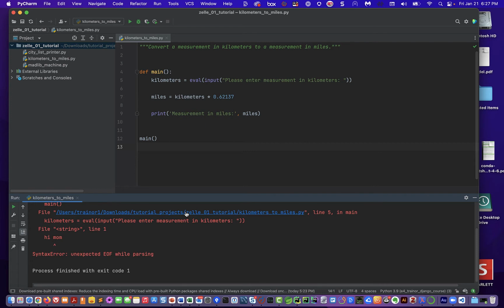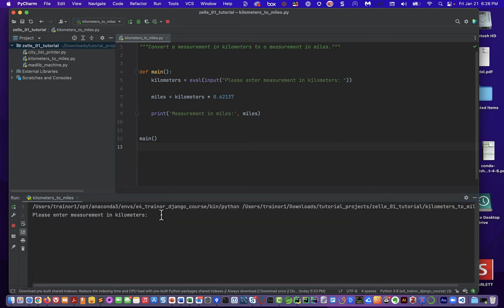Okay. So this is a pretty good looking program. Let's run this again. Let's just say 10 kilometers. We've got that. Are we done? Well, there's one more good practice that we haven't done yet that isn't covered in the Zelle book. It isn't covered in the lecture, but it's an important one. And that is